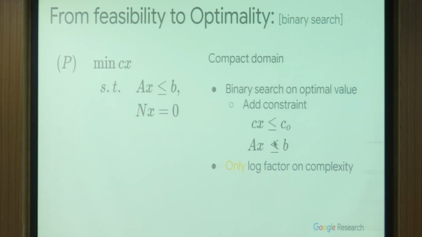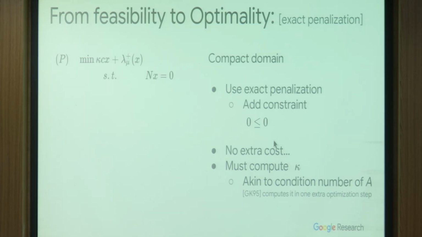How to go to optimality? Well, what we would say to our students is, if you have feasibility, go into optimality, use a log factor. We can do that. Log factor, if you want 10 to the -6, is what? 20 times. So if you really want to do it, you wish not to do that. But in principle, you could do that and be done.